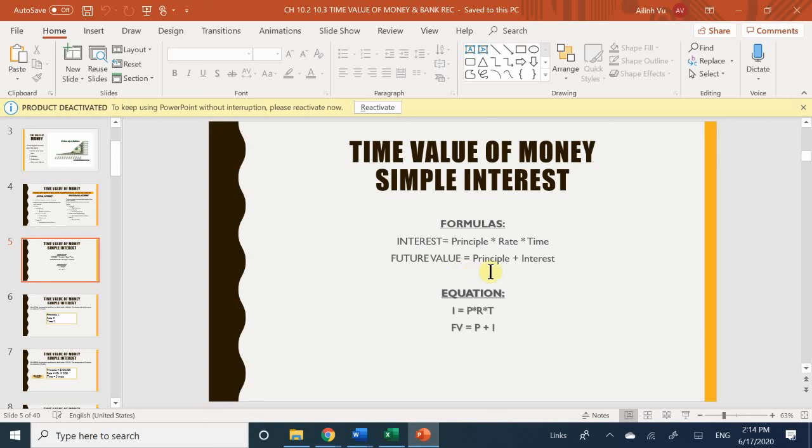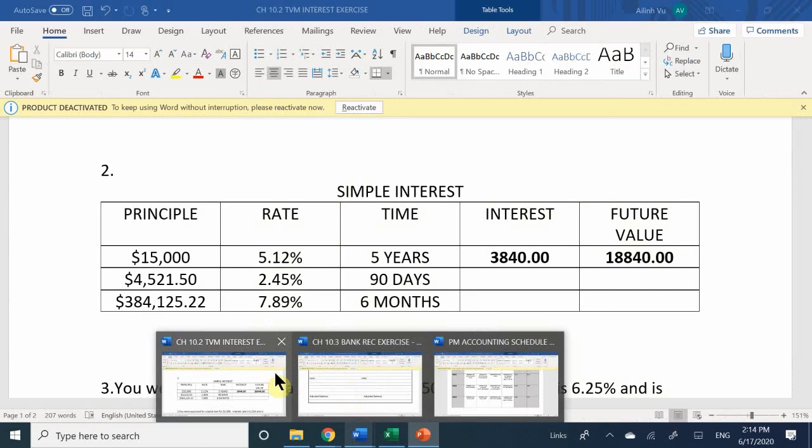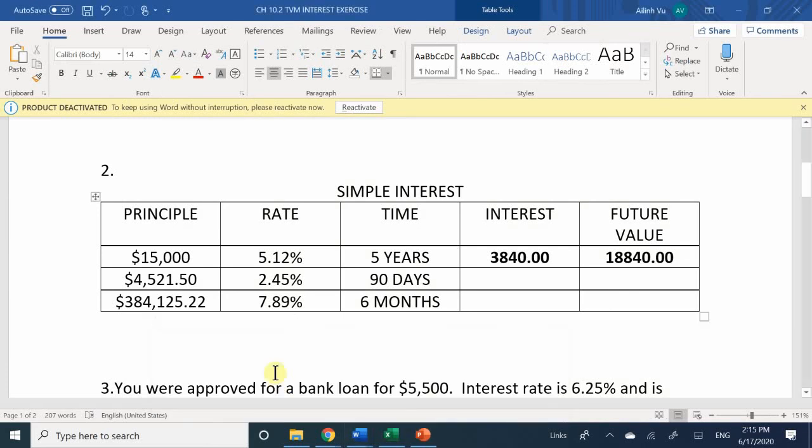The principal, times rate. No, not divide. Look at my screen. What do you see? Future value is principal plus the interest. Yes. Okay, principal plus the interest. Plus the interest of the, oh, right, okay, so that's the